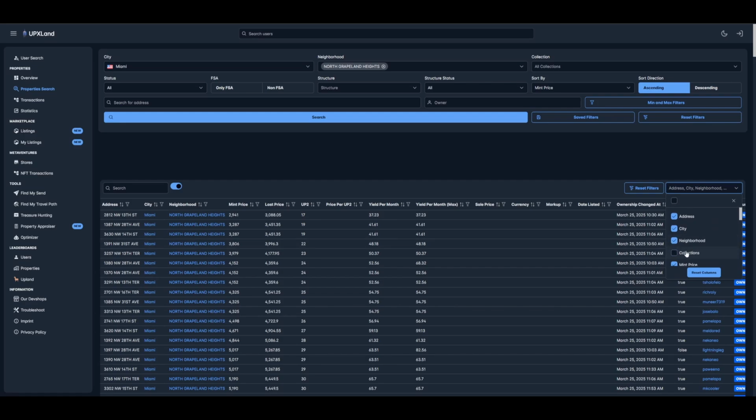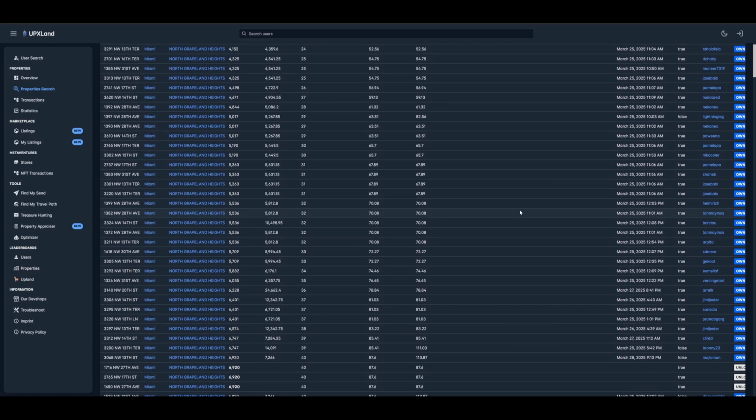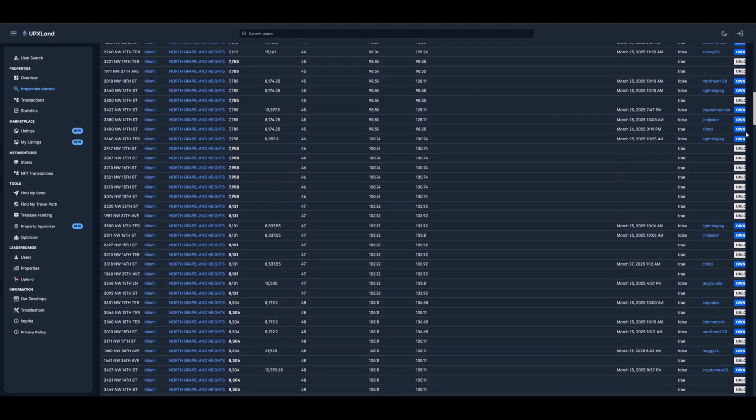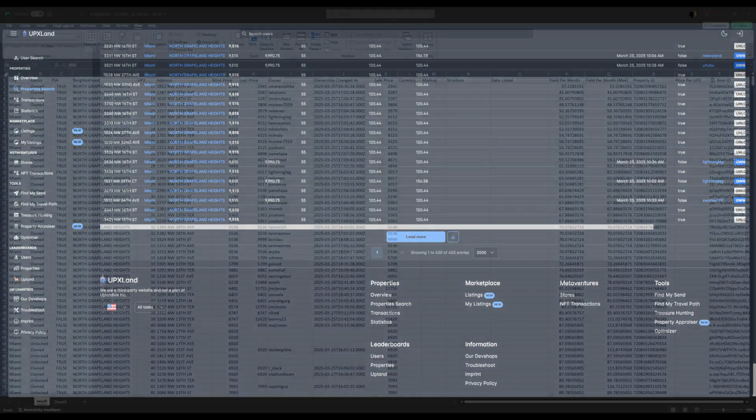We don't need collections for the example I'm giving, or who the owner is, or if it's in Upland Kingdoms. I don't even know if that exists still. So I've checked all the boxes that I think are relevant. Once you've loaded all of the pages, you keep loading more until there's no load more, and then you can export to Excel. I've already done it, so I'm not going to do it again. It'll take a few seconds, but once you have the Excel file, and that's this,